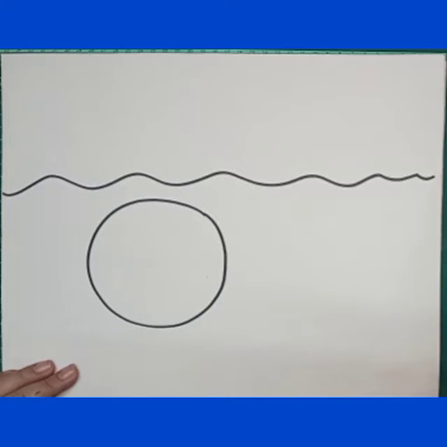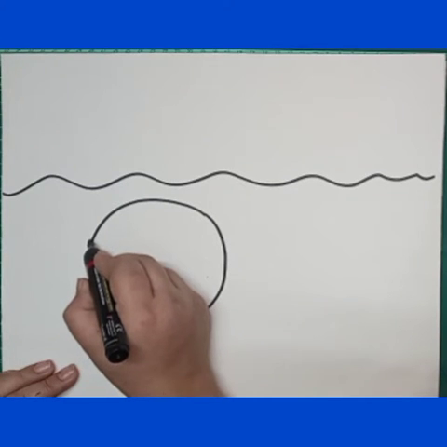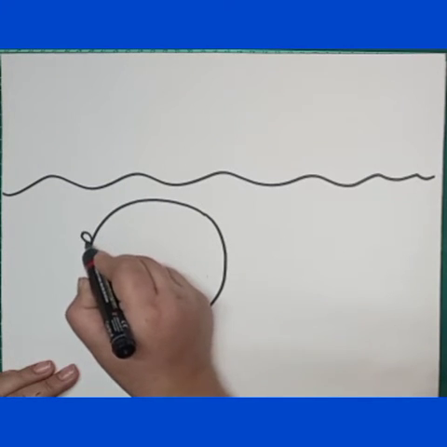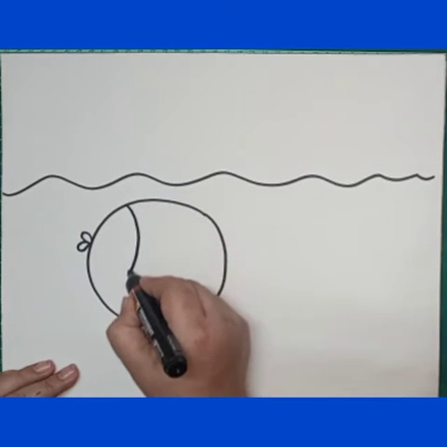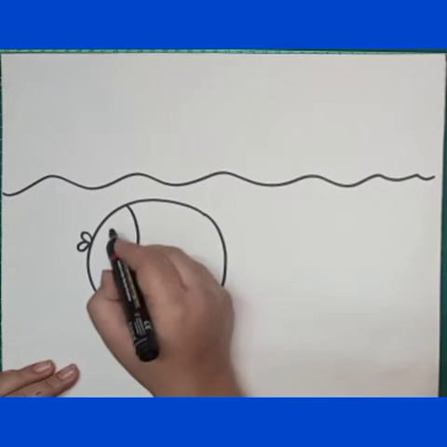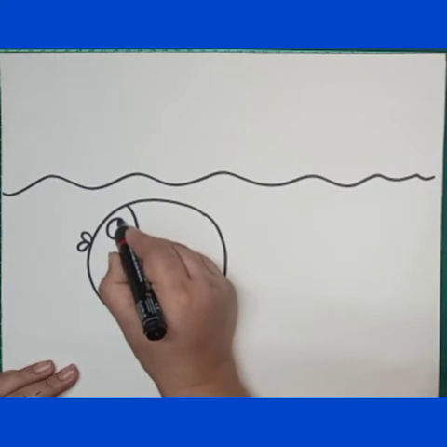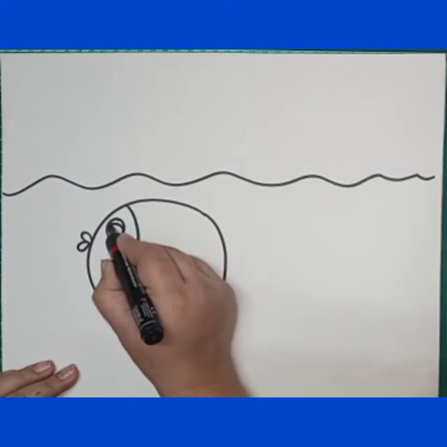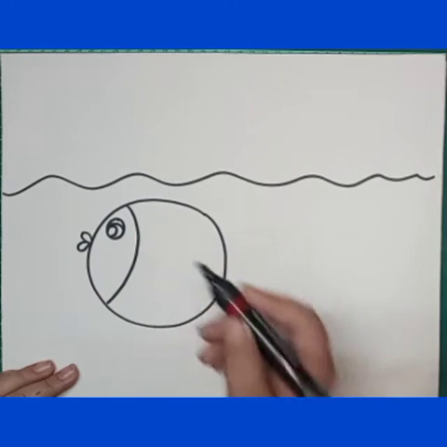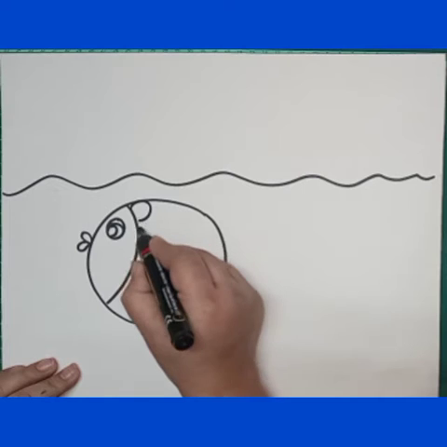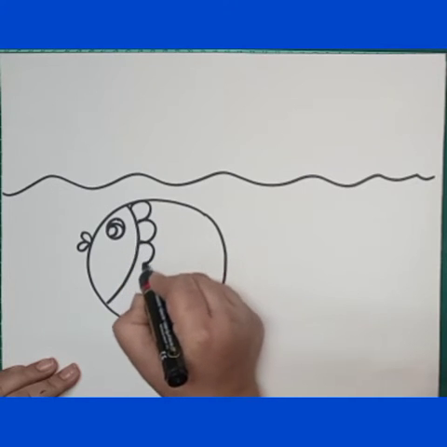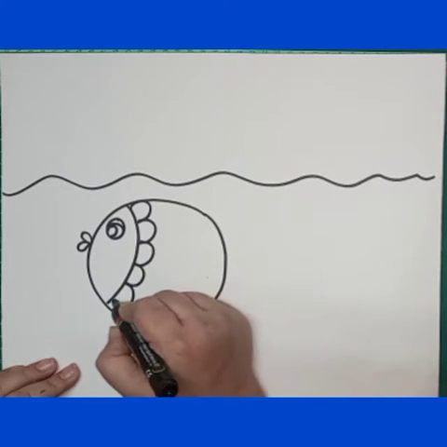So for the fish, we are using a circle shape, and for lips, we are using oval shapes. And then I will draw a curved line for the face and a circle for the eye. Inside the circle I will draw two curved lines, and then I will draw some semicircles to show the scales